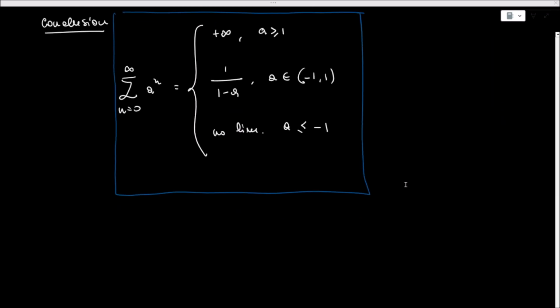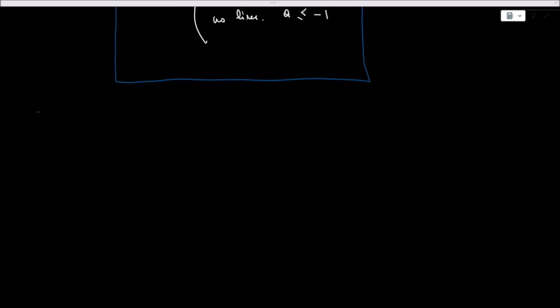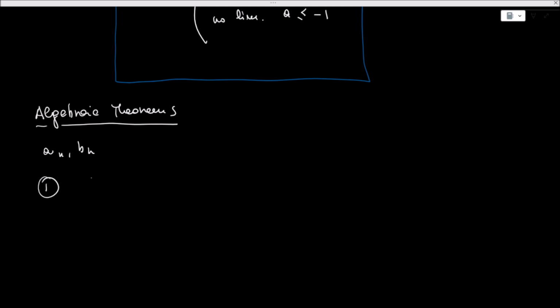The last properties we would like to explore are some algebraic theorems on numerical series. So let an and bn be two real sequences. Then we can say that the sum as n goes from 0 to infinity of an plus bn is equal to the sum as n goes from 0 to infinity of an plus the sum as n goes from 0 to infinity of bn,